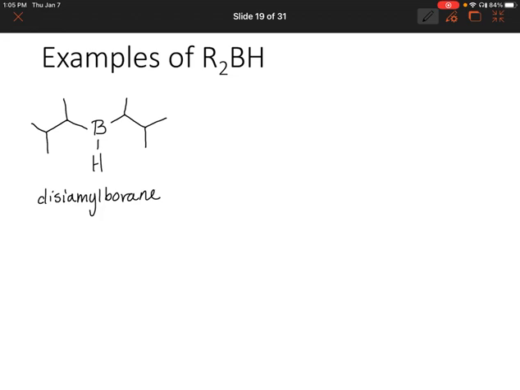Now there's another one, and we'll see if I can draw it. It's not very easy to draw because it's a bicyclic compound. There we go. Okay, so this one is called